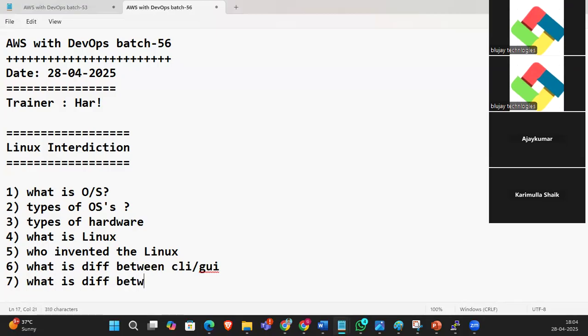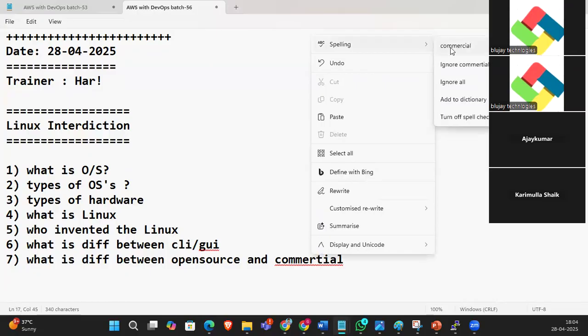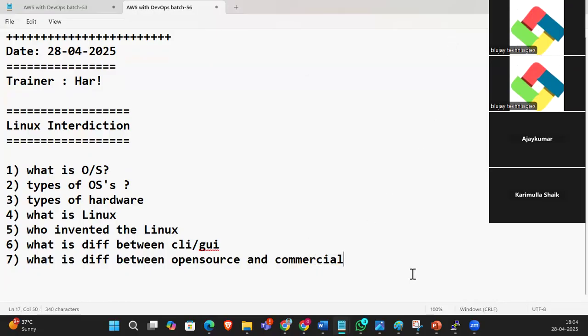What is the open source and commercial. So we discuss about the commercial and open source. So we'll discuss types of flavors of Linux operating system.